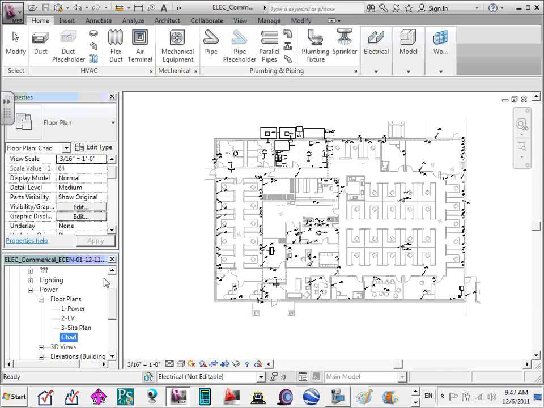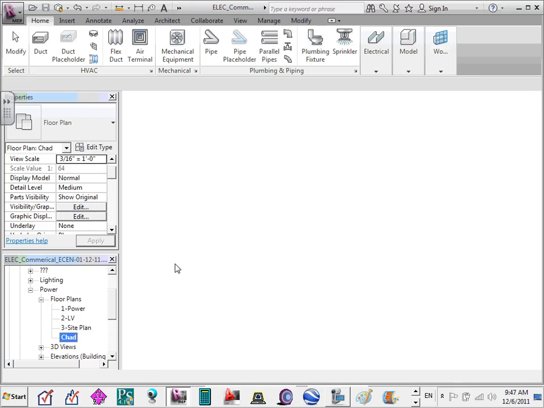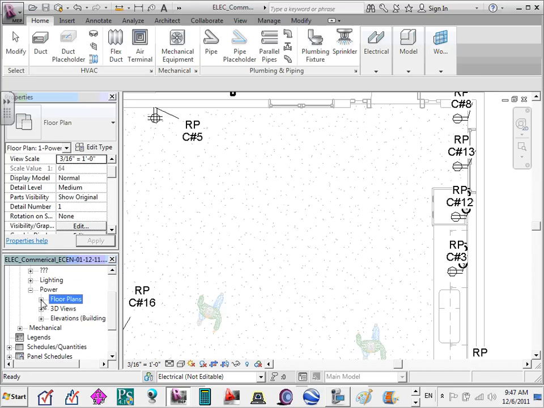I have a view, and then I can turn things on and off in that particular view. If I made a mistake and I hit this one that I did, what do you do? Right click on it, delete. Now I deleted the view that I created under power. When we start, we're going to want to take clean copies and duplicate them before. Well, not really. You can duplicate at any time, because what you can see when I duplicated it,